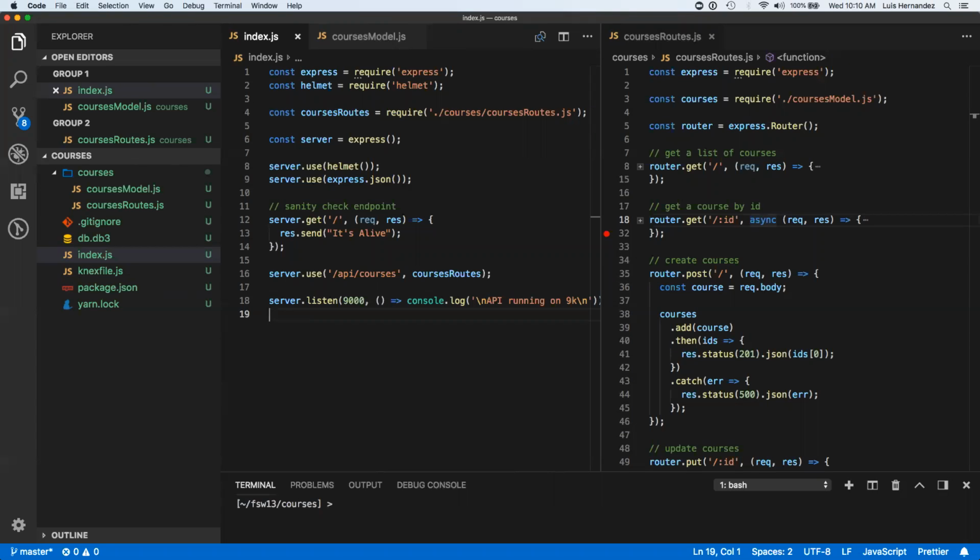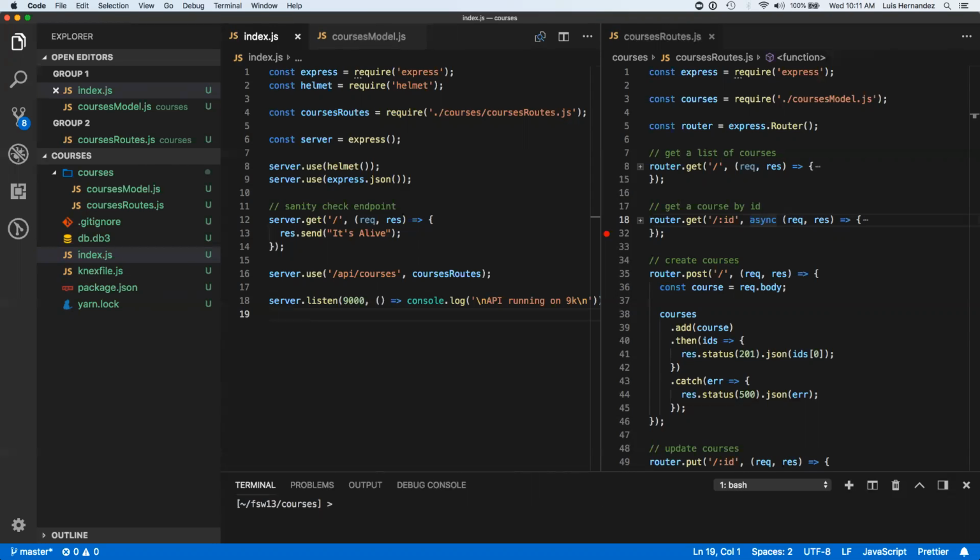So the solution that a lot of vendors have come up with is called a migration. And the idea here is keep a history of all the changes you make on your database with the same care that you give your code. Keep every change that you make to the database together with the code or the version of the code that works with that version of the database. That's called a migration. So today,